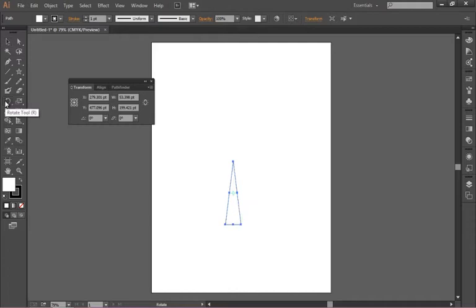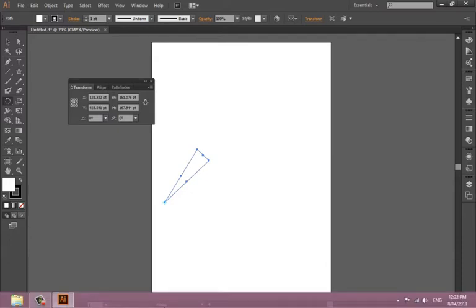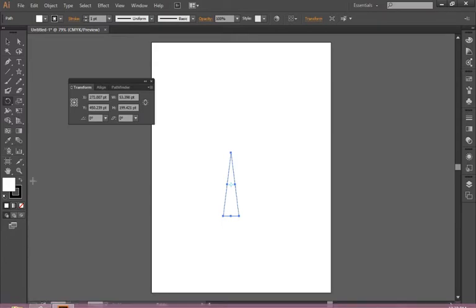Now, here's the thing. If you just click and drag, you'll see that the first click that you made is what you rotate on. Click and drag. So if I click here, for instance, and drag, it's going to rotate on that axis. But I'm randomly setting this up to rotate. I want to set something up that's more exact. I'm pressing Control Z several times to go back to where I was,